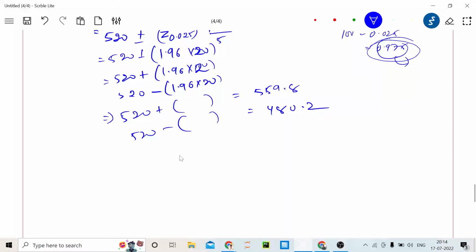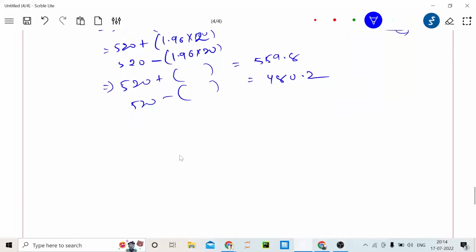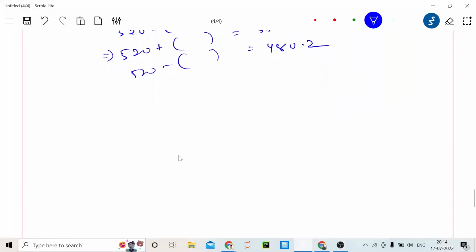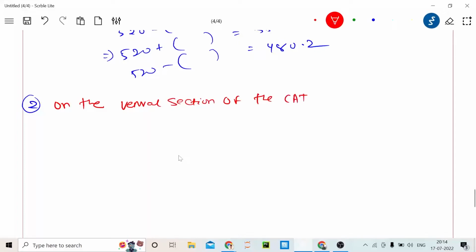I will do one more problem, and after that we can finish today's class. Problem number two, I can write it here. This is the same question, I just change the formula. On the verbal section of the CAT exam,